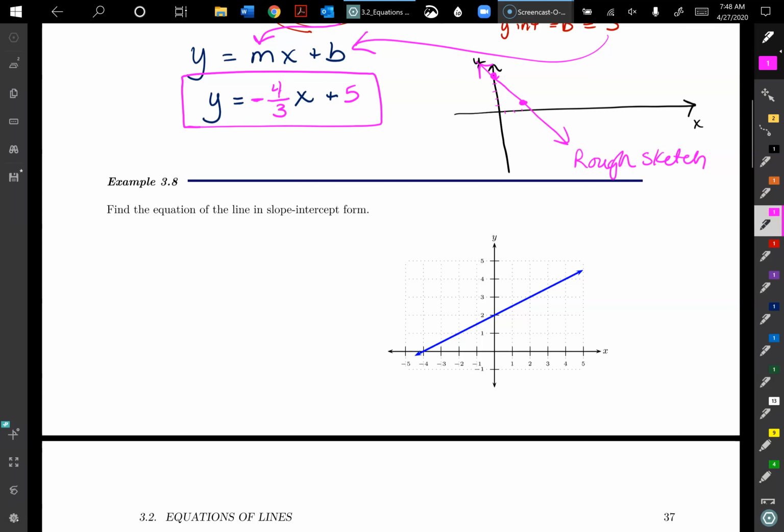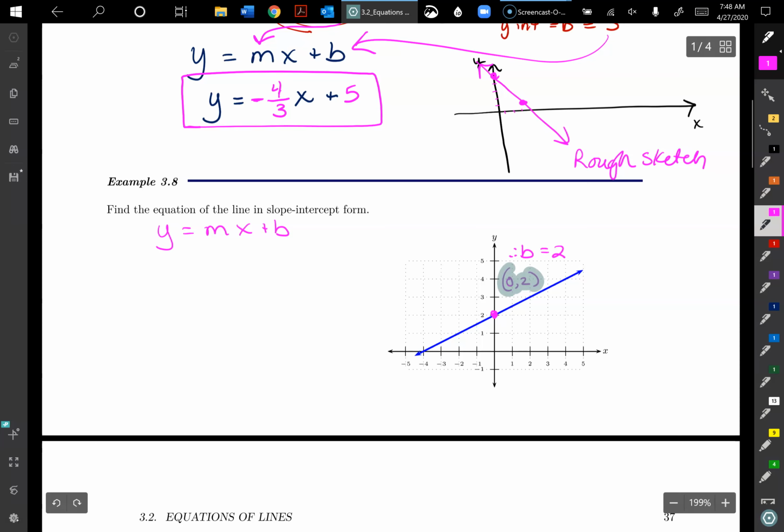So first thing we have to kind of figure out is what our y-intercept is. First, I might want to write y equals mx plus b, just so I'm tracking what I'm doing. And then the b, I can clearly see right there is (0, 2). So my b, therefore, b equals 2. And then the other thing I want to figure out, I'll get this out of the way here,